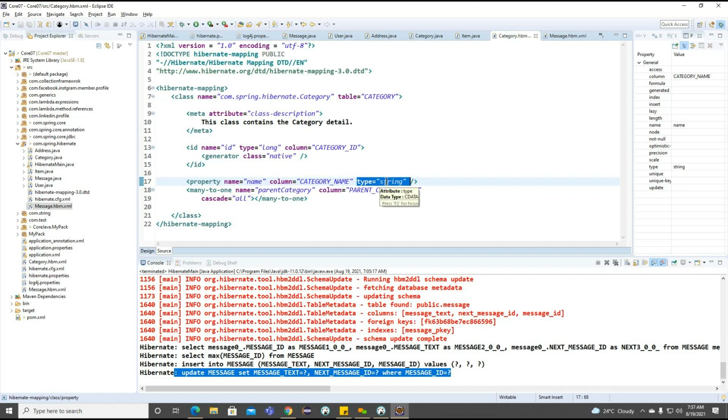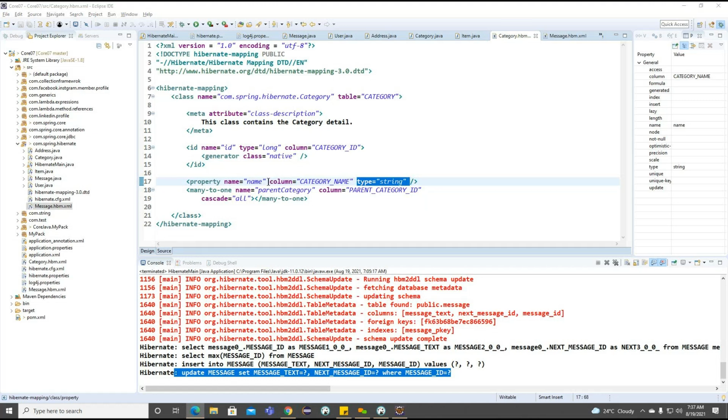If I provide a long in the column here, based on the appropriate data type, the column data type is going to change. Same way, string for the varchar2, for int and long, it's going to go for the int related data type in our Postgres database.